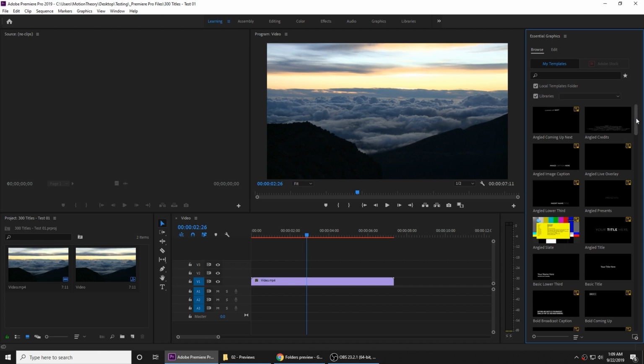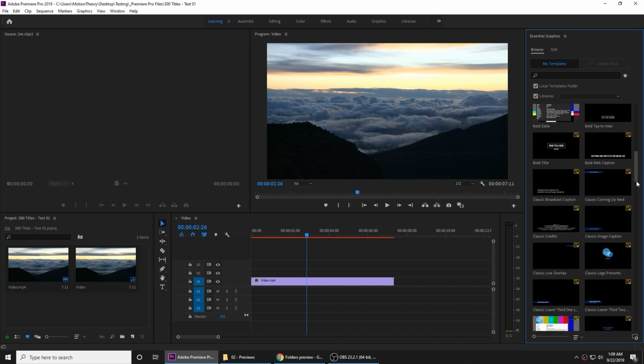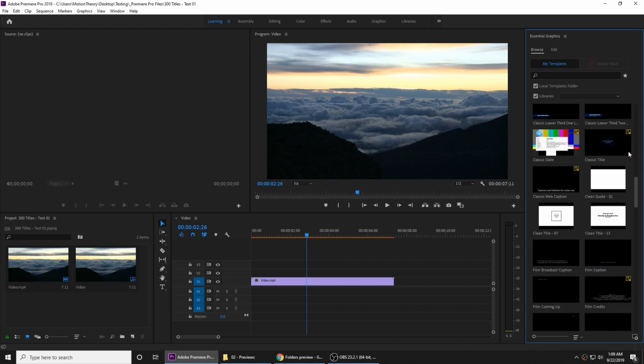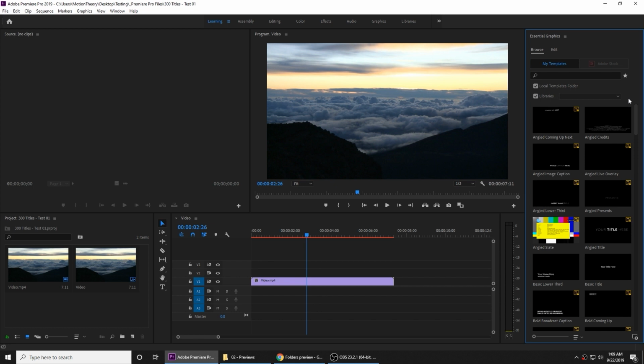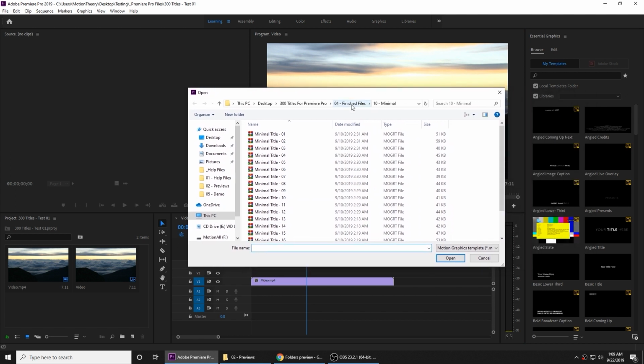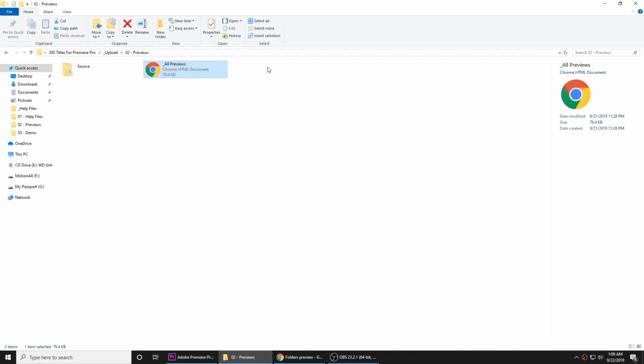Now, the one thing about this panel is that there are a lot of pre-installed templates that Adobe gives you. But since we are working with my templates, which are far better, if I may say so, we want to install our own templates and not work with these. So what you can do is go over here on the bottom side, where it says Install Motion Graphics Template, click on that icon, and this way you can browse to